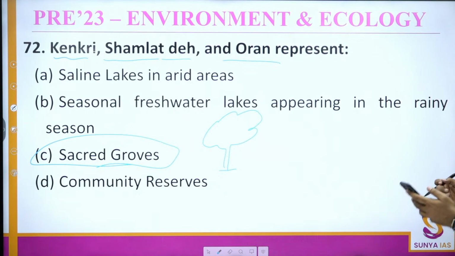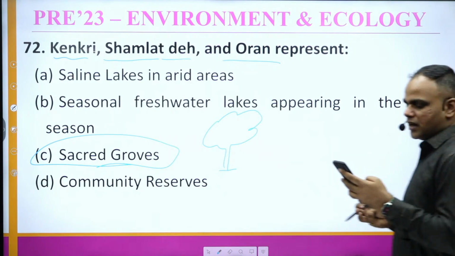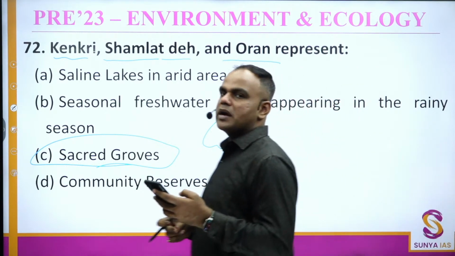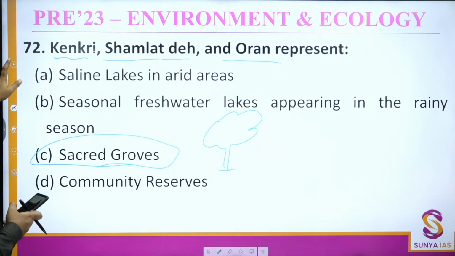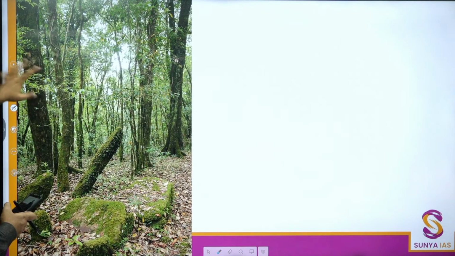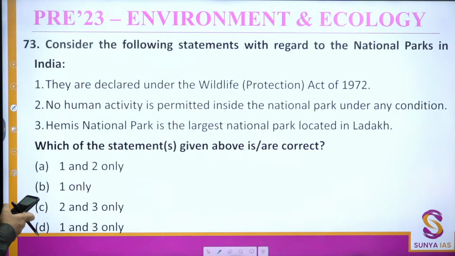Very good. Yes, the Prime Minister heads the National Board for Wildlife and the Environment Minister is for NTCA. Yeah, that's correct. Moving forward, Kenkri, Shalmat-De and Oran, these are the sacred groves. Now,